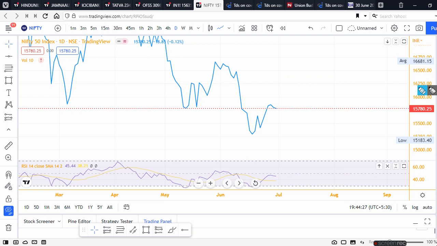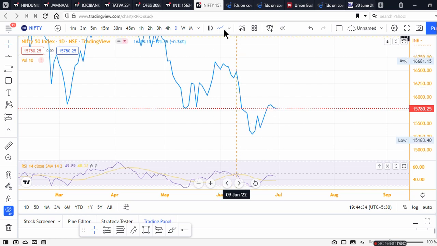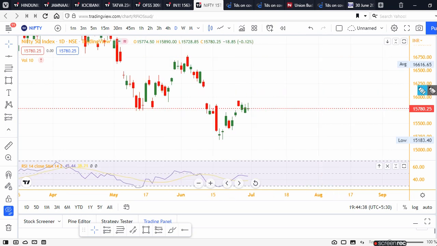You can see the market formed a double bottom pattern. Then it is over here ranging in this range for so many days and spending some time over here. Why I say it is confused? Just look at the third candle. The last candle which it formed today is somewhat like this. It has a very small body and a wick on the upside.